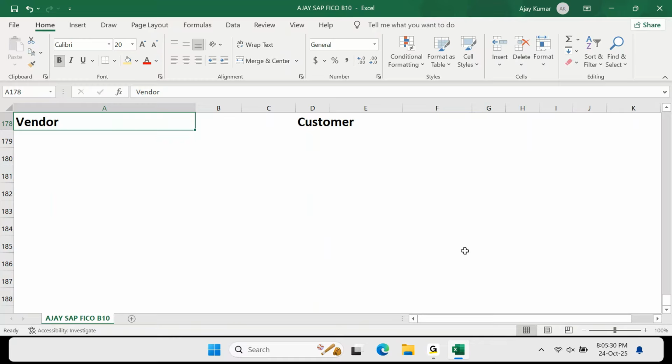Once we have that clarity on what happens in SAP FICO, then you don't need any guidance, right? You are now self-driven. Don't go blindly learning SAP FICO, which is not that kind of training course. FICO is not something that can be learnt on your own. On your own, you cannot learn SAP FICO. It is not possible. Don't even try to do it, especially in the current market.